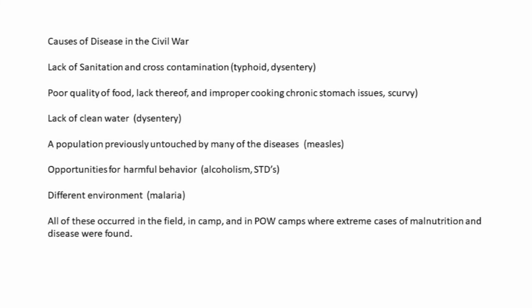Many of the 30,000 of McClellan's forces on the Virginia Peninsula caught malaria from the swamps, from the mosquitoes. They said it was miasma, bad air. It's mosquitoes. All of these occurred at the field and camp and in POW camps where extreme cases of malnutrition and disease were found. The POW camps,